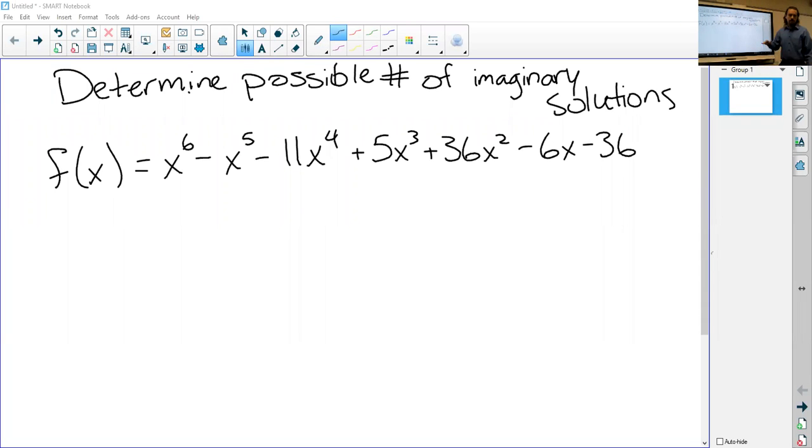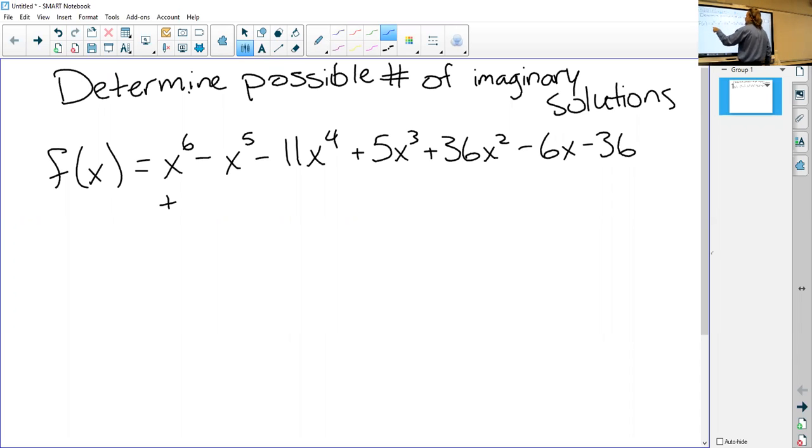So we're continuing on Descartes' rule of signs. This time we're focusing only on the imaginary solutions. But in order to get the imaginary solutions, we first have to find all the positive and negative possible solutions that are out there. Okay, so if you remember, for our positive solutions, I just look at the signs of